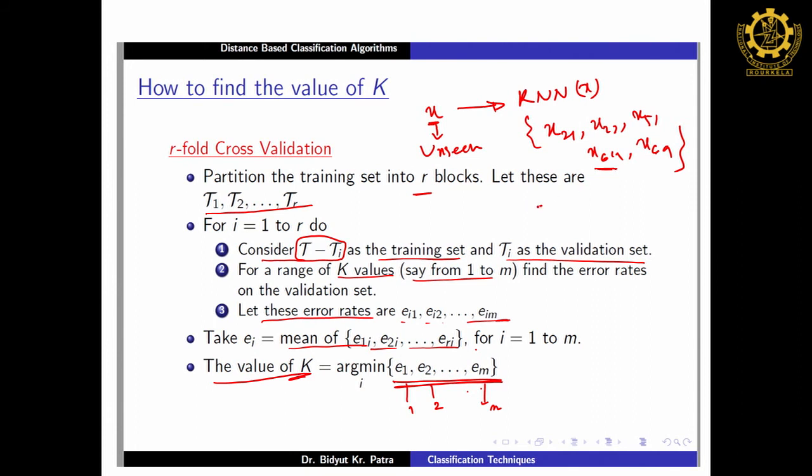So then you compute the distance and you get the distance d 1 from the unseen object to x 64, and then the point x 51, and this distance is, let us say, d 2. Then this distance is d 3, and then d 4 and d 5. You sort the points based on their distances from the unseen object to all its neighbors in ascending order. So, obviously, you will get an ordered set d 1, d 2 to d 5. Now the point which is closest, you give the maximum weightage.